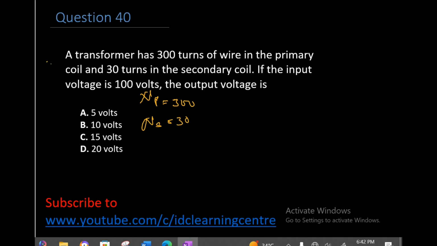Then we have the input voltage, which is EP, that's the voltage at the primary coil, is giving us 100 volts. Right, using our formula is giving us ES all over EP equals NS all over NP. So what we are looking for now is our secondary voltage, which is ES. So making ES the subject of the formula in this equation, we're going to be having